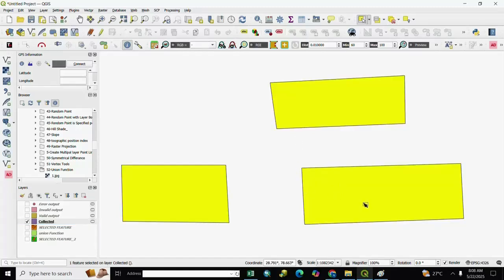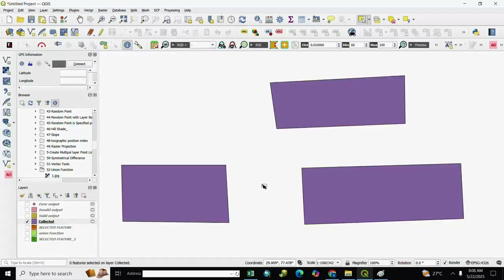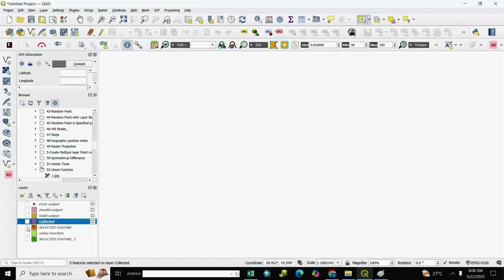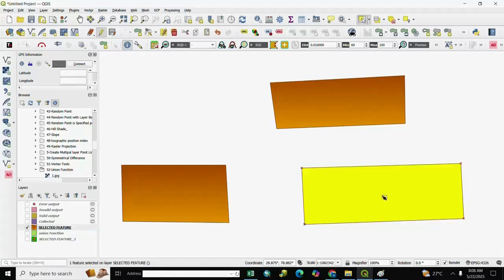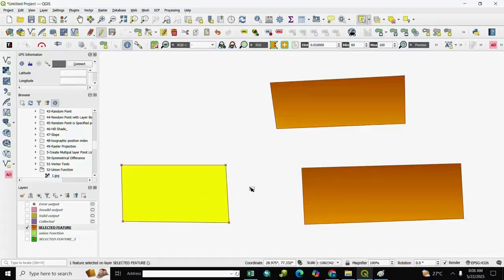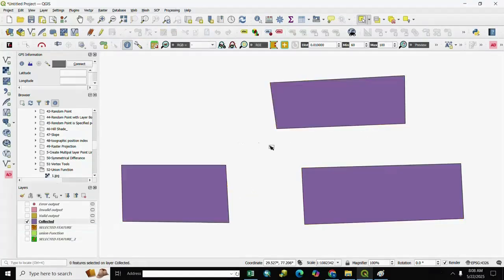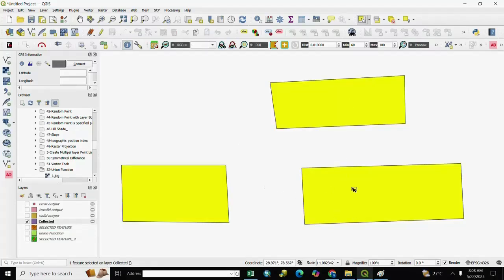All features are merged into one layer, and you see here the input. Here is the input. You select one by one, and see the output. You select any one, and all features are selected. So the collecting geometry process is completed successfully.